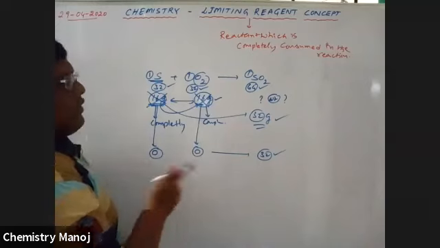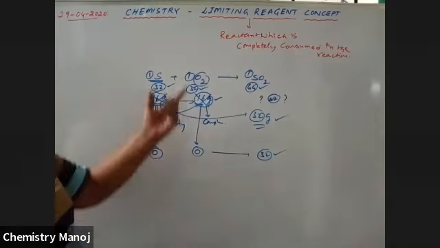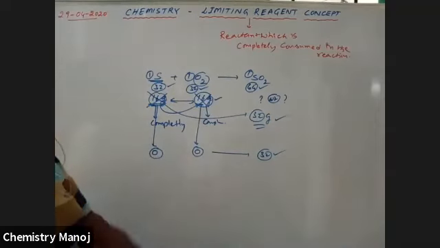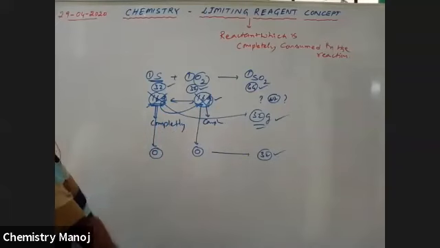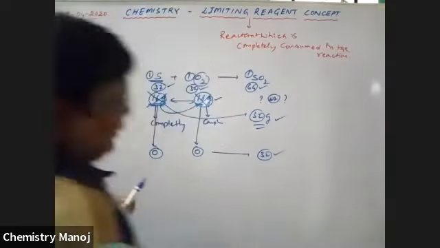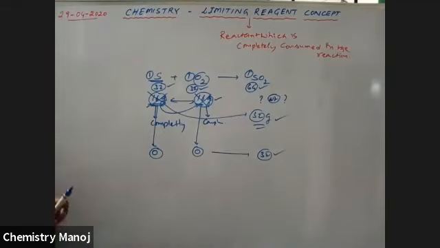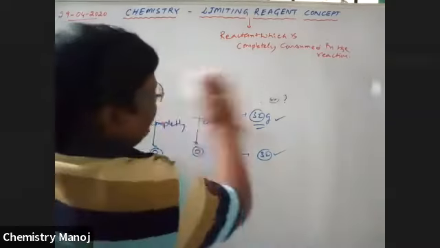There is no sulfur, there is no oxygen. That means both are limiting reagents here. Both are completely consumed. That means the exact ratio of elements is given to you. That means if stoichiometric amounts are added, see once again.